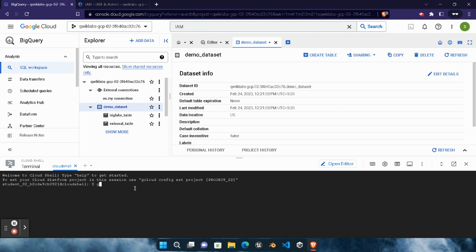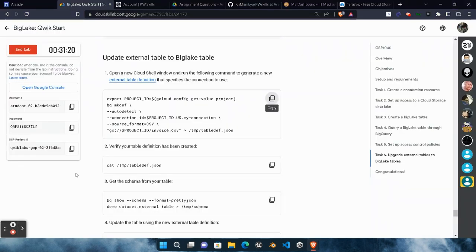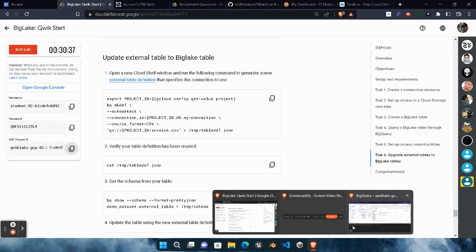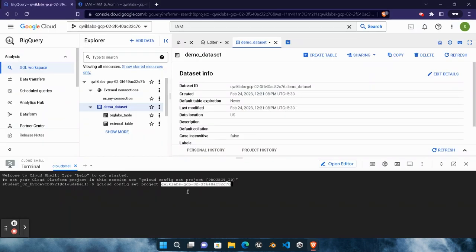Which one? Simply type gcloud config list and set project. gcloud config set project, space. Now we need the project ID. Come back to the lab, copy this project ID, come back to here, paste it. Make sure there is a space between project and project ID. Okay, now hit enter button and you will see,